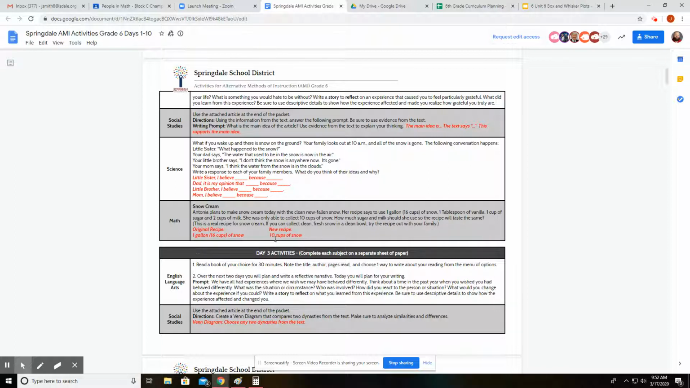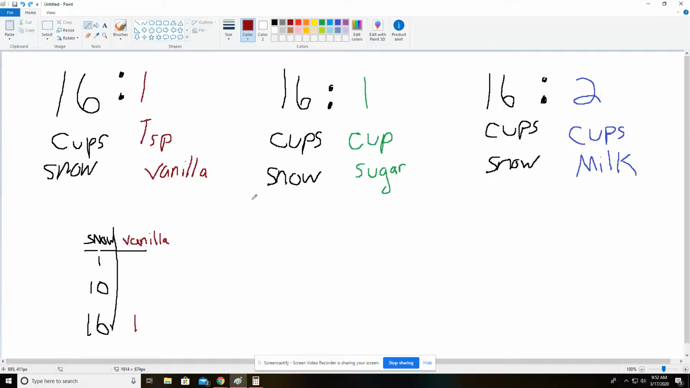So here's your original recipe, and here's the new recipe. What I've done is set this up in ratios. So I have a ratio of snow to vanilla, snow to sugar, and snow to milk. In order to solve this, there are a couple of different ways. You could use percentages, you can use a ratio table. And so what I was kind of thinking was,